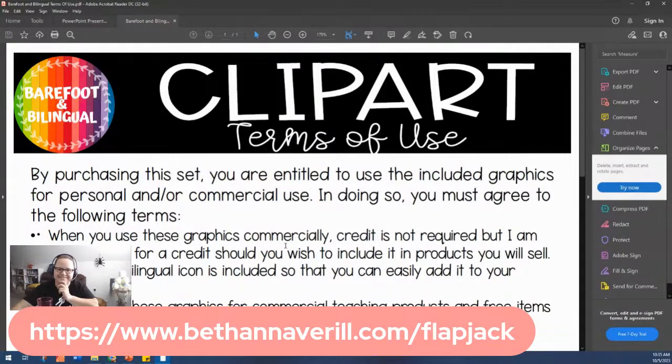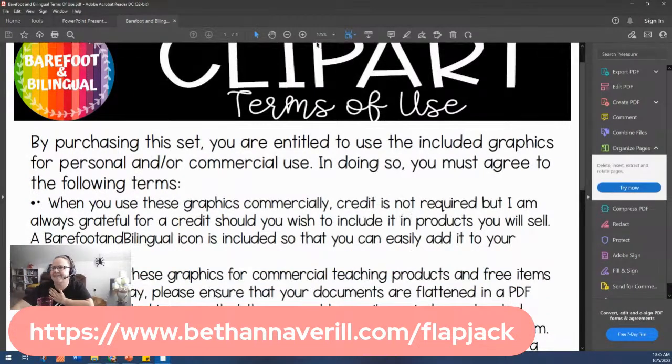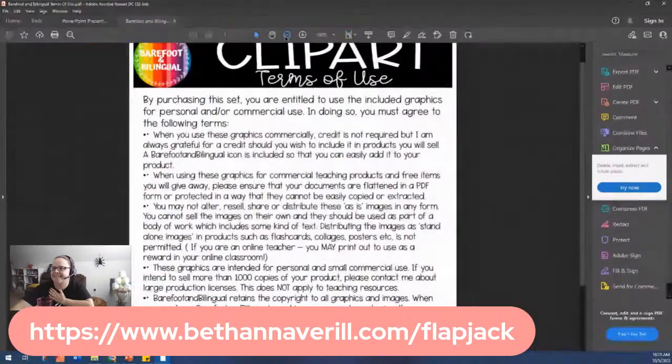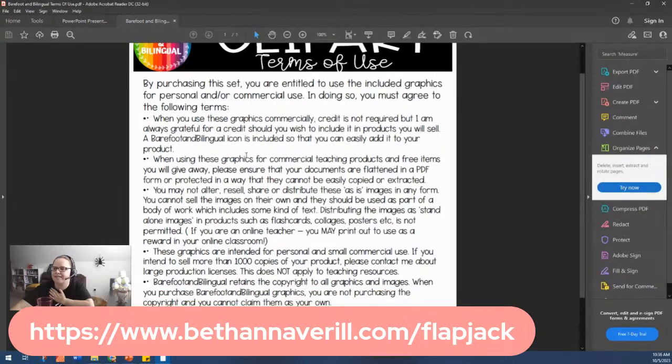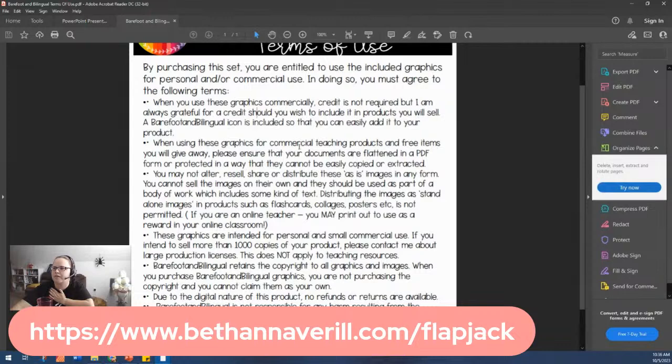Oh, darn. No. So this says that a credit is not required, but I'm always grateful for a credit should you wish to include it. You are entitled to use the graphics for personal or commercial use. You agree to these terms. When using these, please ensure that your documents are flattened in a PDF form or protected in a way that they cannot be easily copied or extracted. Okay, so